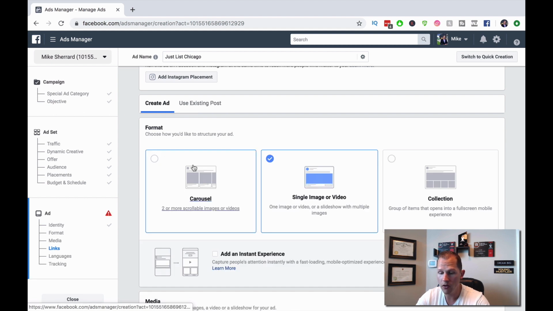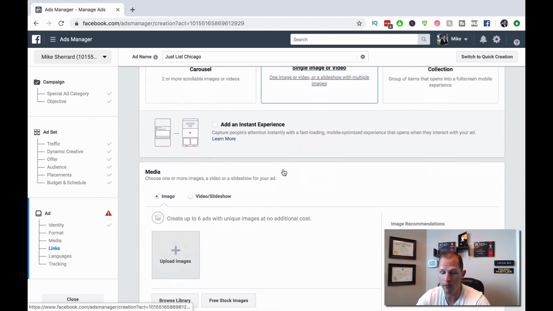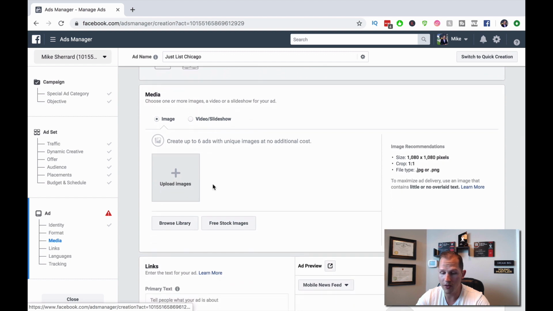So you've got carousel. This is when you can have 2 or more scrollable images or videos if you want to show multiple photos of a property. You've got a single image or video, or you've got a collection. The 2 more popular ones for real estate are carousel or single image or video. So for example's sake, we're going to use a single image or video. I'll come here and I'll just show an example of